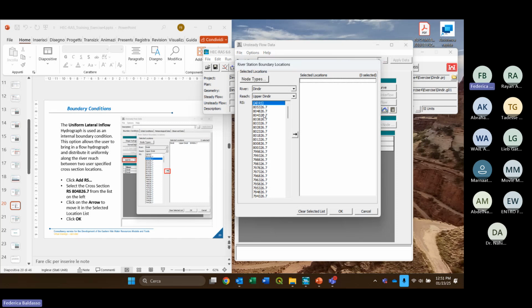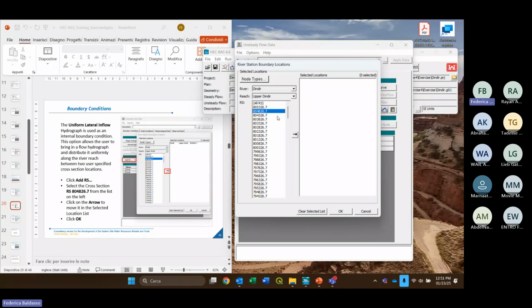Let's select the second one. We cannot select the first one because you cannot put more than one boundary condition at the same location. And since this one is the cross-section where we just put the flow hydrograph as a boundary condition, we cannot put another one. So let's select the second one, double click or click on the arrow, and this cross-section will move to the selected location list